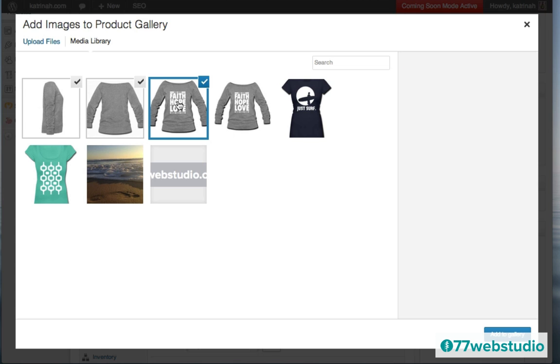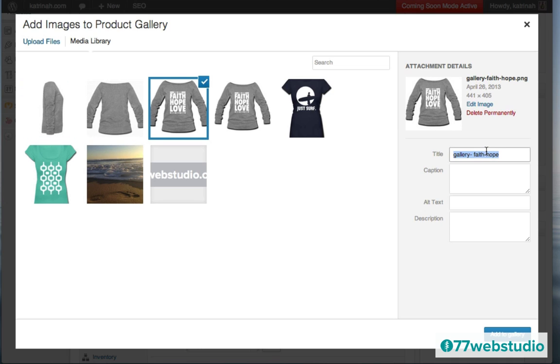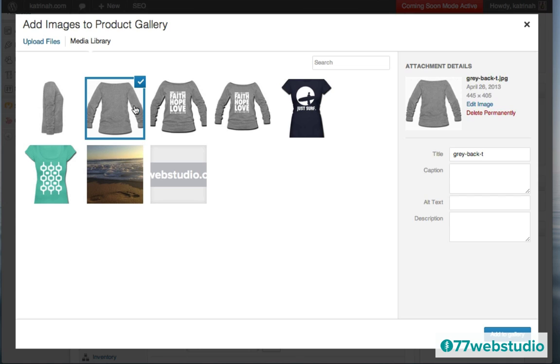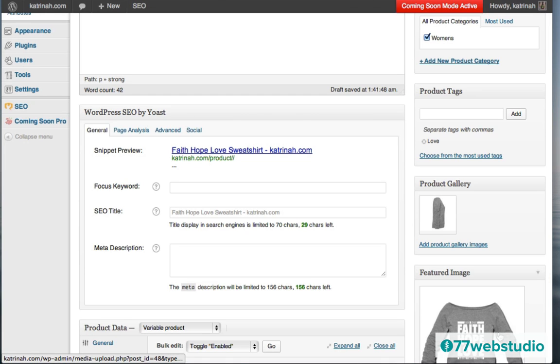Then when you click on each one of them here, let's see, here we go, I'll click on that one. And I can just once again put in a title and the alternate text. Then I'm going to give this one a different title because this is the back. So I'll just call this the same thing, but then I'll put back, and I'll give it the alternate text. And then finally for the side angle, I'll do the same. So I'm going to give this a title as well, and I'm going to specify that this is the side with the alternate text, and then I'm going to click on Add to Gallery to add these three to the gallery.